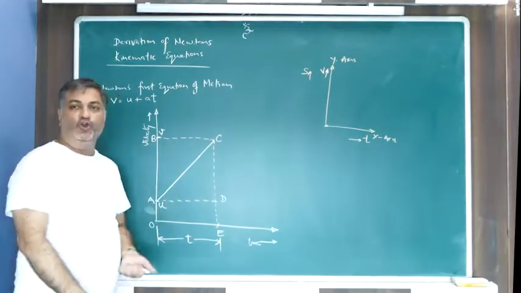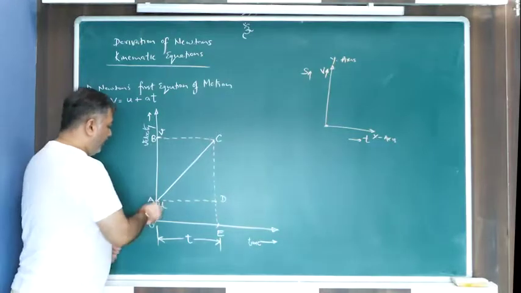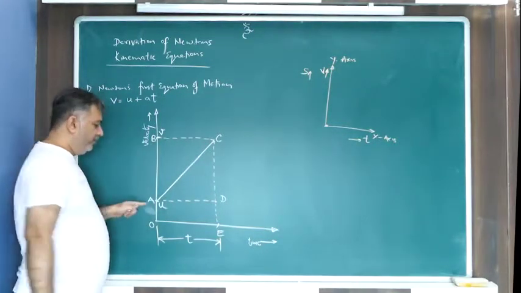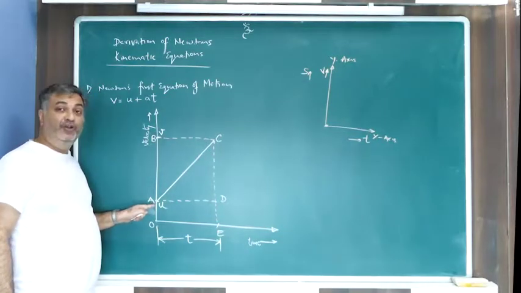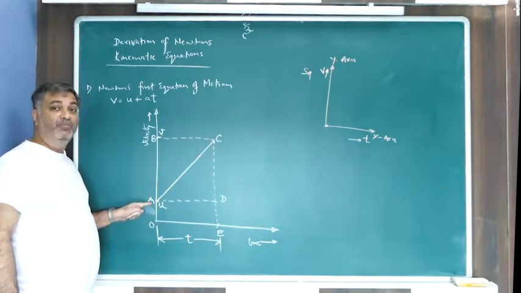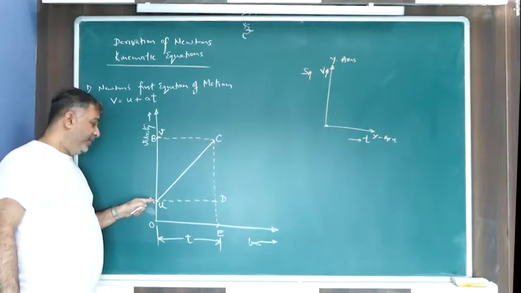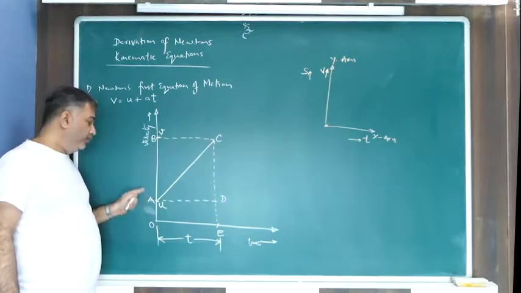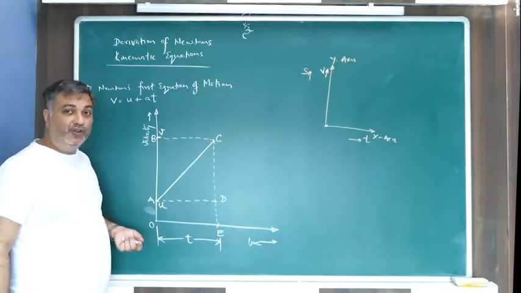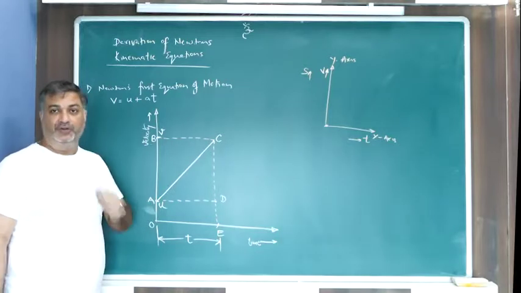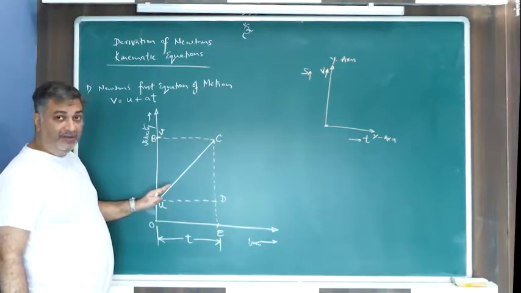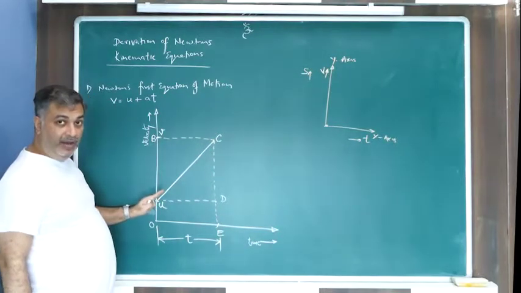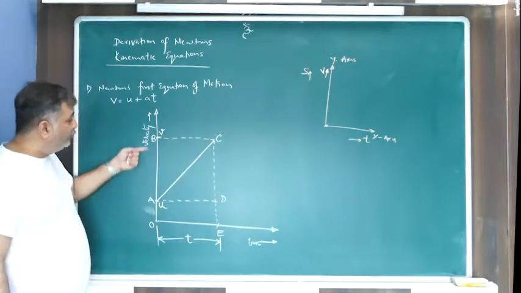Now let's talk about a body having mass m traveling from point A at an initial velocity of u. Where is the body beginning to travel from? It is starting from point A, and when it was at point A, its initial velocity was u. Now it started traveling, and as it travels, I'm going upward because the velocity keeps increasing.